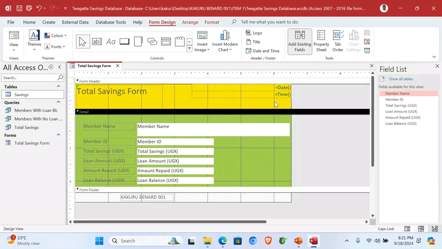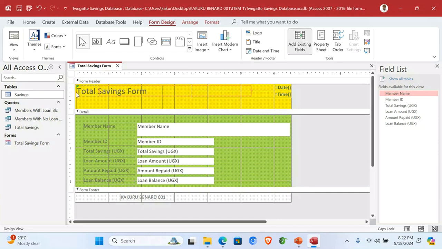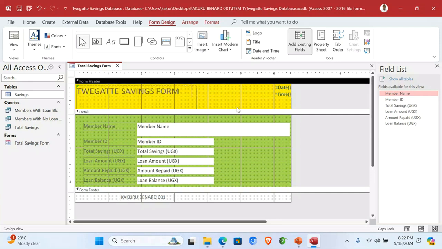What else can we put on our form? We can put the title. Instead of total savings form, we can put Twegate savings form. Yes, that is our title. Then more to that,